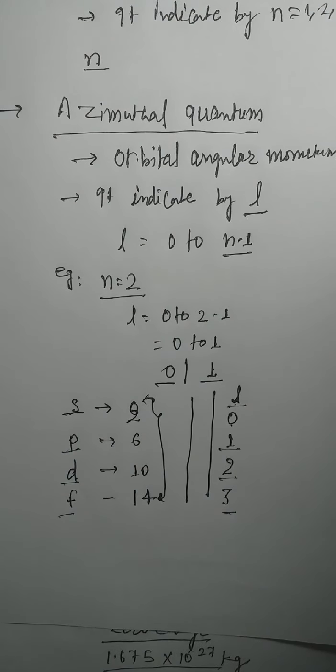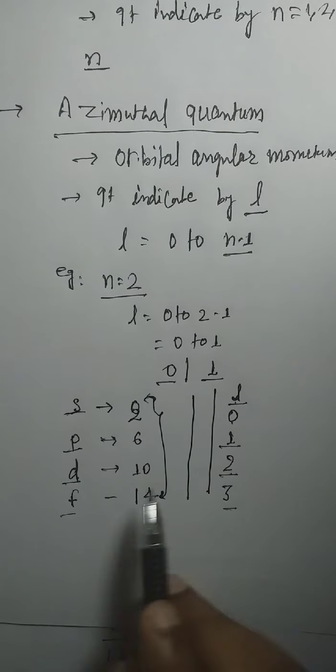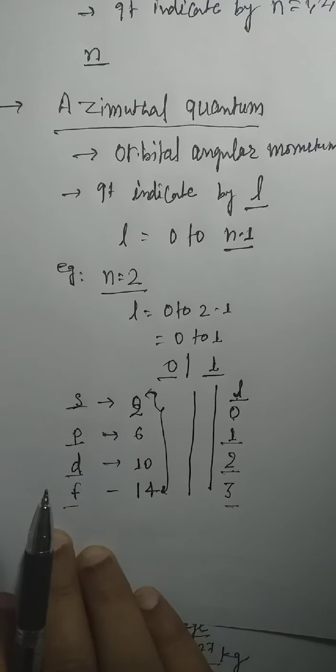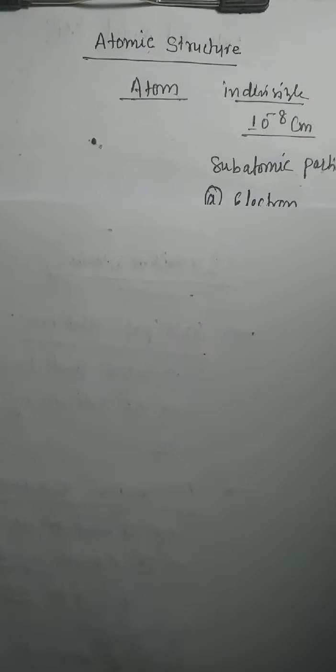If someone asks you what is the azimuthal quantum number for s, your answer must be 0. Or if they ask what is the value of l for d, then you go to d, which has the value 2. Correlate and memorize this, because it is essential to correlate with what kind of answer the question demands. That way we give the answer.